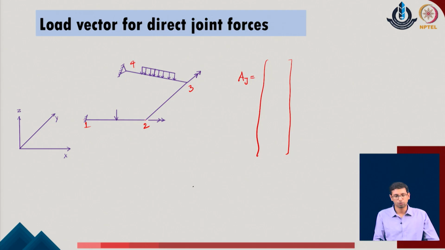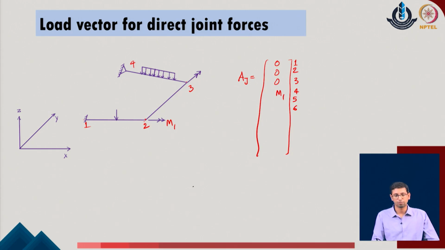So, at the node 2, I consider that at the node 1 there are no joint loads. So, this is 0 with respect to the degree of freedom 1, 2, 3. With respect to the node 2, there are 3 degrees of freedom 4, 5 and 6, and in the degree of freedom direction 4, I have a twisting moment, say let me call it as M1. So, this value is available.